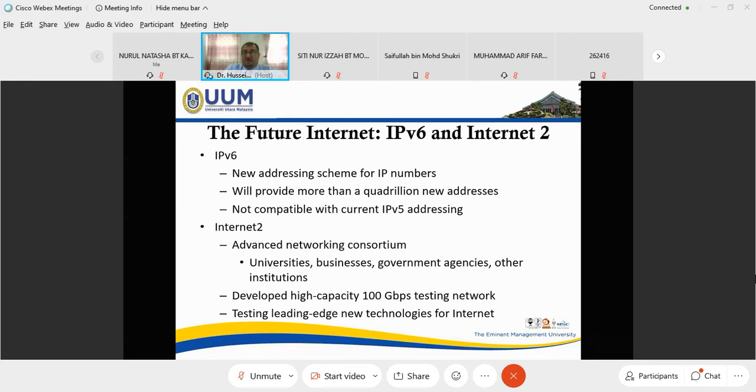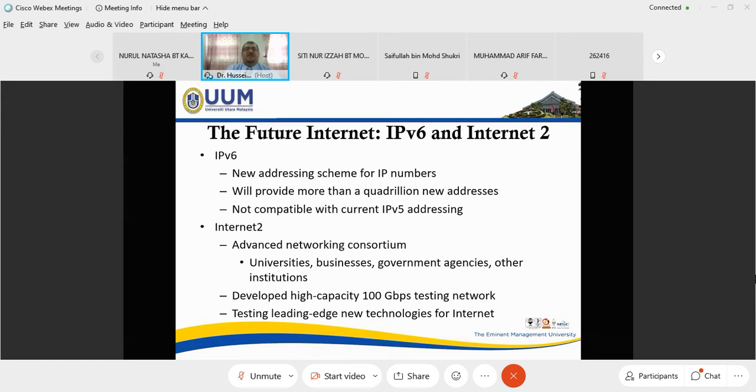IPv4 provides just a few billion IP addresses. If we would like to use the Internet of Things, IPv4 cannot provide enough addresses. That's why they developed IPv6.